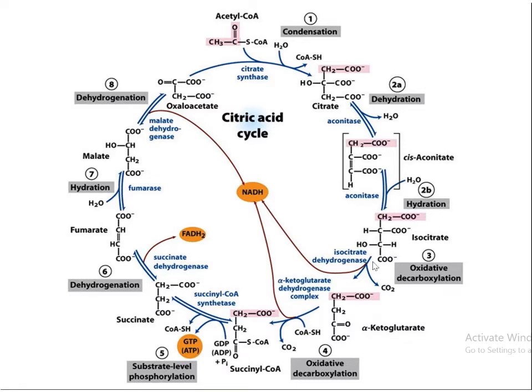So simultaneously, dehydrogenation of the isocitrate and also the decarboxylation of the isocitrate occurs. As a result, the isocitrate turns into alpha ketoglutarate. Okay. So, alpha ketoglutarate, this molecule also